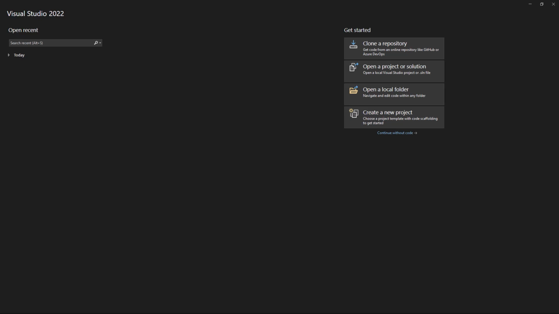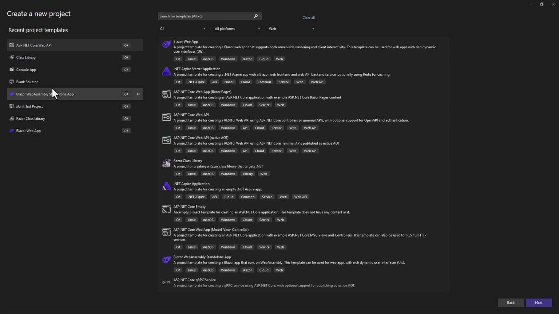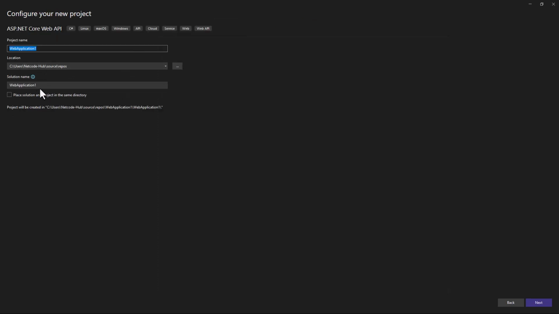All that you need to do here is to launch Visual Studio 2022 or higher. Now create a new project, and this is going to be a web API. So click on create new project. And you know the template that we're going to choose already, isn't it? So do justice, and that's going to be web API. I'm going to name it demo web API with Kubernetes. Choose a location for your project. After that, click on next.